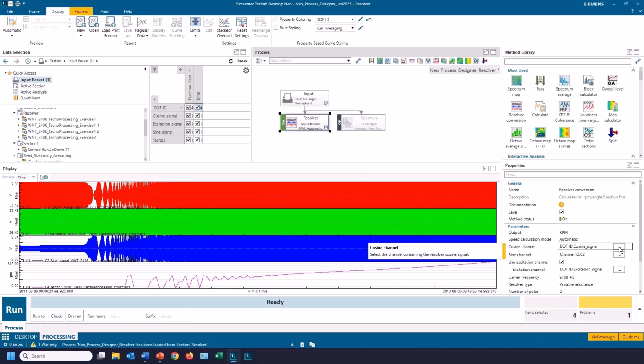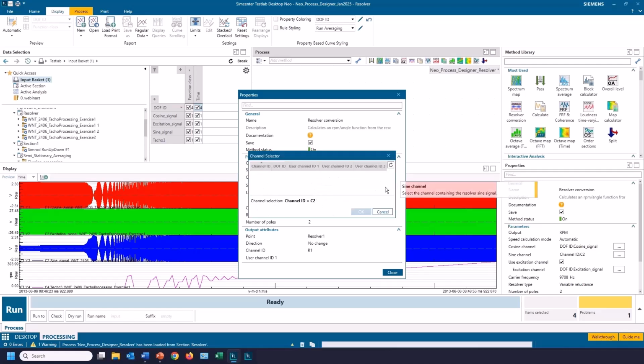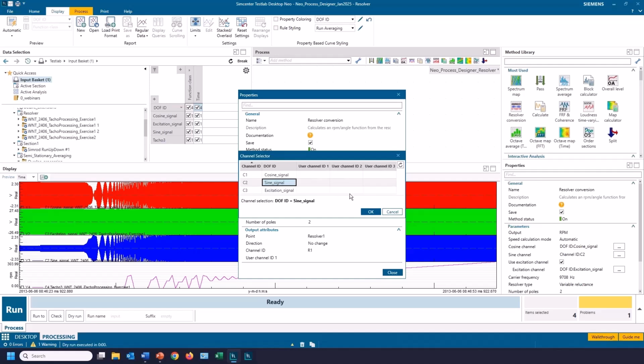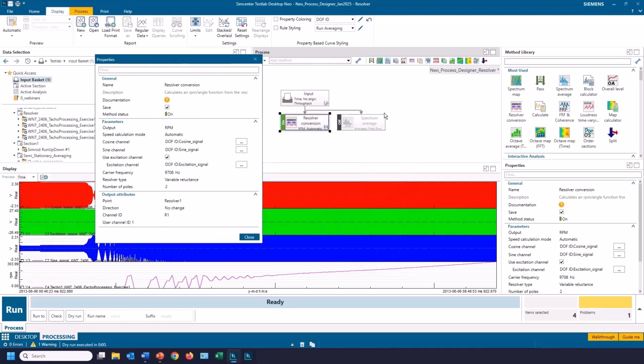I specified my cosine signal, specified my sine signal, and specified my excitation channel. So this is the cosine, this is the sine. I found out the carrier frequency was 9708 hertz. So I did a spectrum average first to figure out what that frequency was, then I specified that.